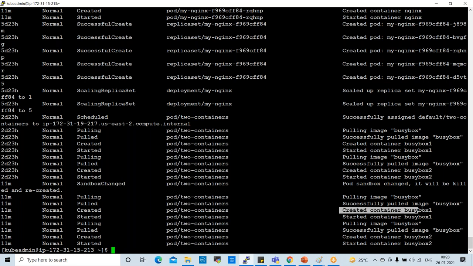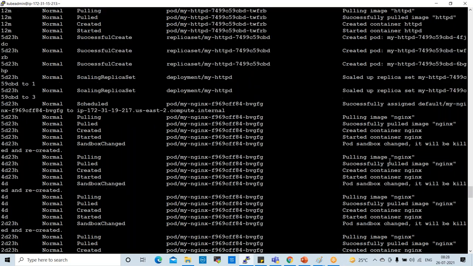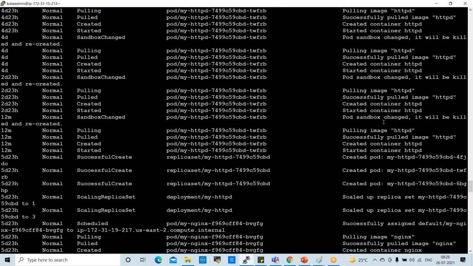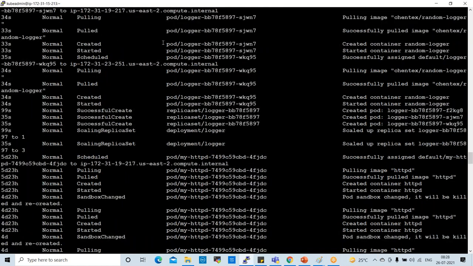See here, created container busybox1, pulling image, successfully pulled image, and the logger image. Even logger events are available here. Created container random-logger, started container random-logger, successfully assigned default/logger.